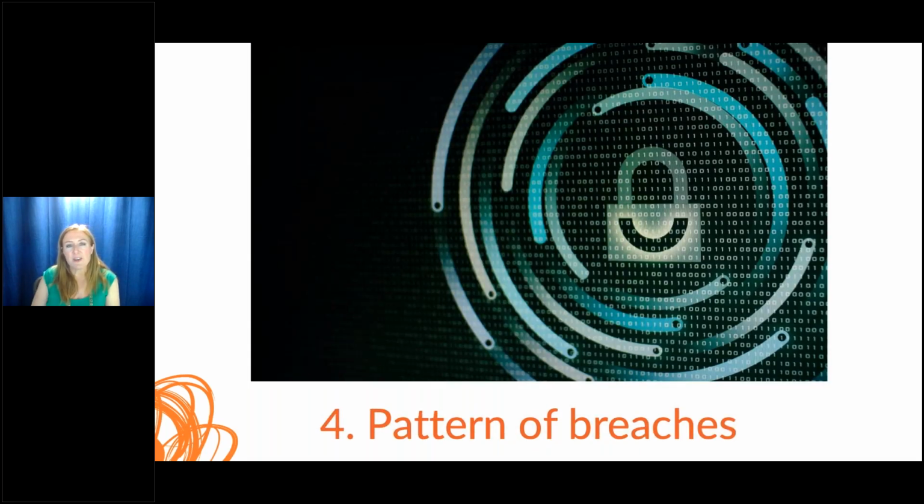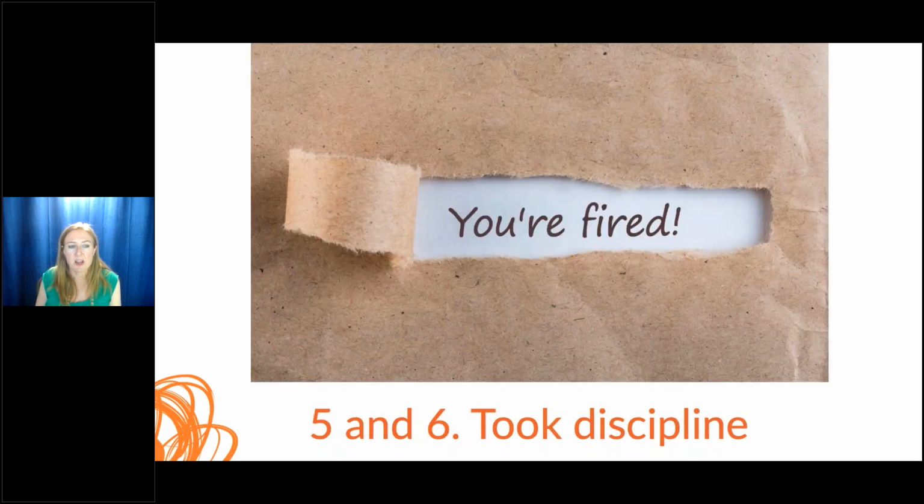Other things that you would have to report to the Commissioner in the moment is if you have a pattern of breaches. Otherwise, if the breach is minor, you don't have to report the details of it to the Commissioner. But if this has happened many times, or if you have a systems issue that is contributing to a privacy breach, you have to raise that with the Commissioner's office.